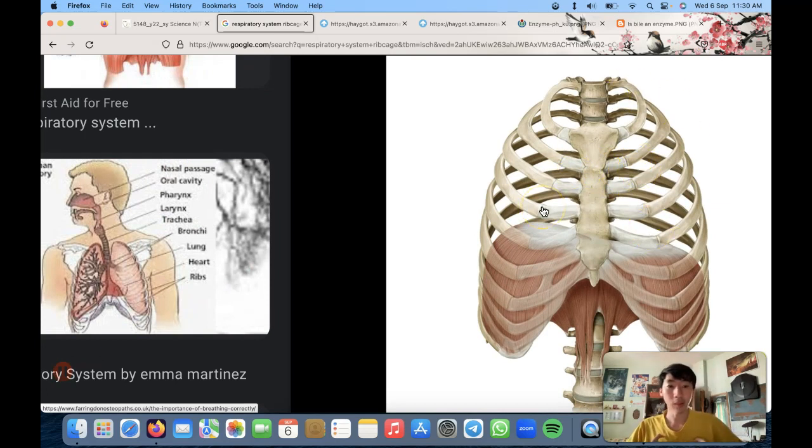When you're breathing in, your rib cage will expand. The more space it expands, the more oxygen can enter into your body. And when you breathe out, your rib cage will shrink, and then the air will be exhaled out from your body, from your mouth. So the rib cage also has the function of expanding and contracting to allow air to enter and exit your respiratory system. Okay, sorry, my voice is very bad. I'm a little bit sick.